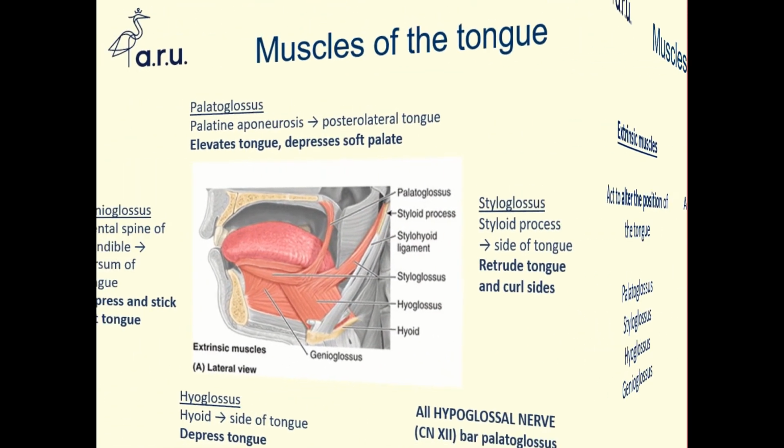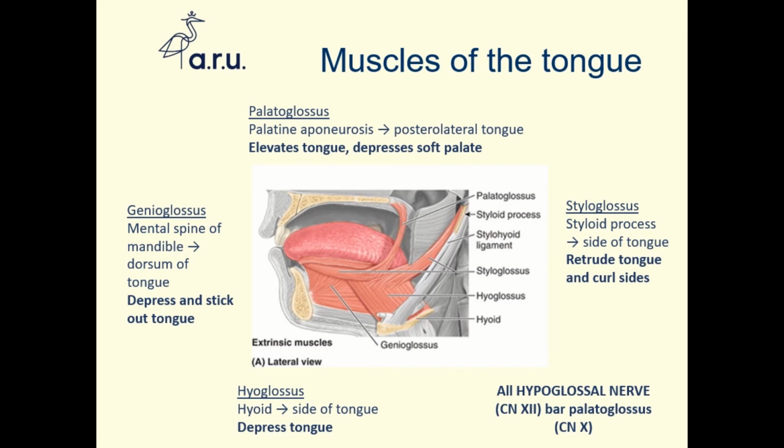Okay, so we've got four extrinsic muscles of the tongue, and in this illustration you can see all four of them originating from different bony regions around the oral cavity and then inserting into the tongue region. So first we've got the muscle called palatoglossus. The palatoglossus muscle originates from the palatine aponeurosis and inserts into the posterolateral aspect of the tongue, which is clearly